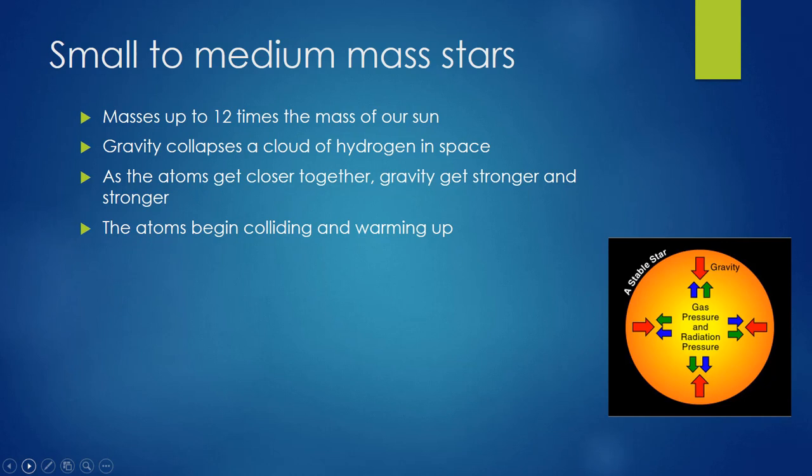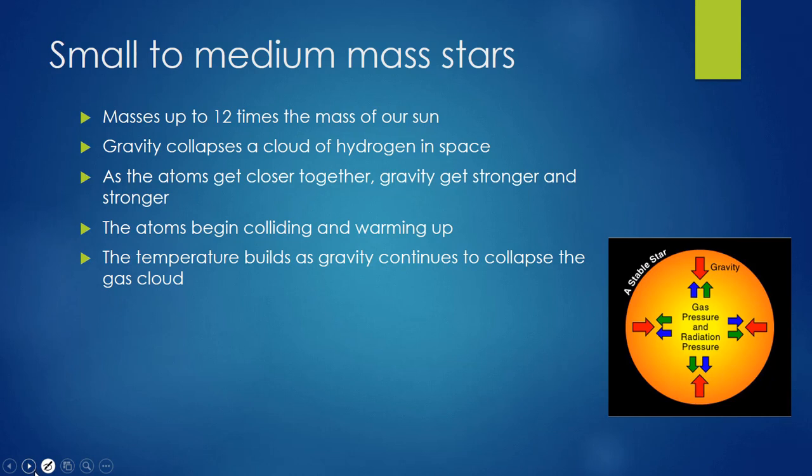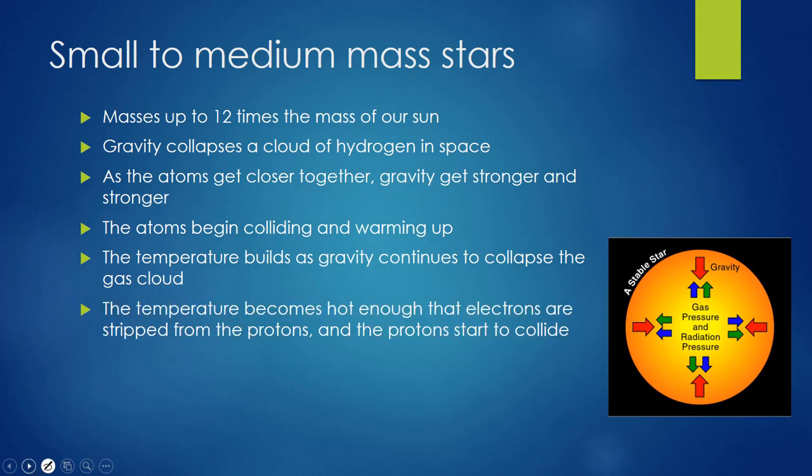and that means that all of a sudden these particles are smashing into each other pretty hard and a lot. So we get lots of collisions happening, and when the particles collide and start bouncing around like that, that creates lots and lots of heat. And so we start getting this little glow from this heat, and gravity continues to pull things together and collapse this gas cloud, and it starts getting warmer, and it's glowing,